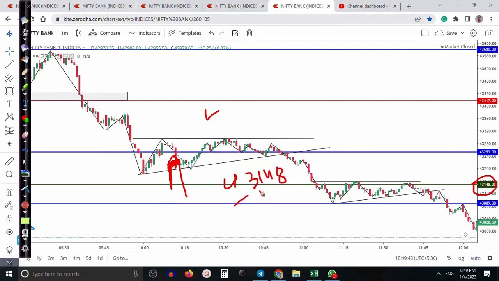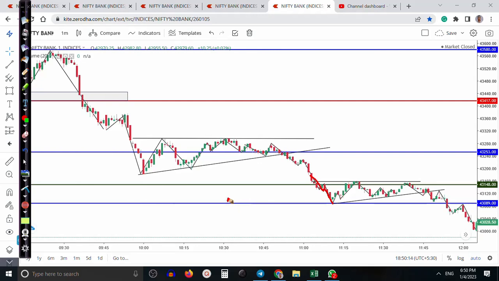43148. If price breaks this level, this black line, we will be bearish. When they were forming this candle, that was the time I told you. Finally price went down and broke this area. Have you seen? Finally price goes down and broke this area. So once they break this level, price